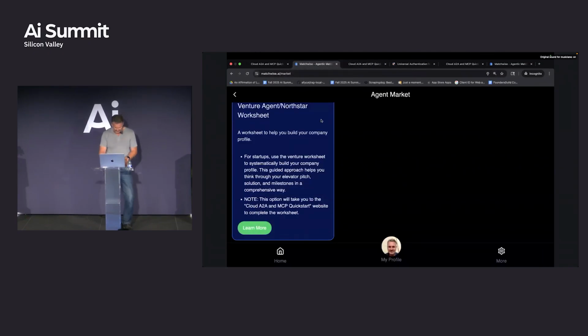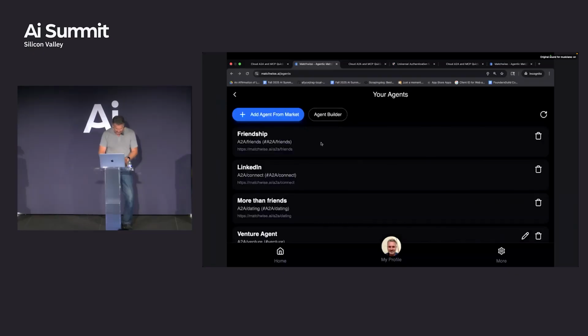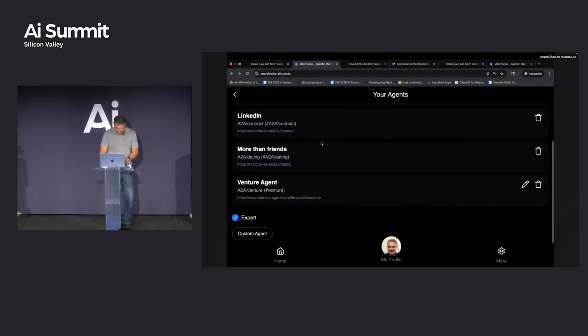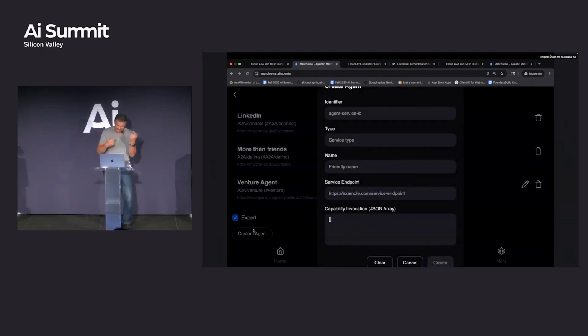So very straightforward on that. And then when you go here, let's see, and then back to your agents. And then the last thing, this ties into Andor's thing a little bit, where Andor is over here, is the notion of how you would add agents to your identity. And so I added this little fun thing down here, which is a custom agent. This is on the Matchwise side.